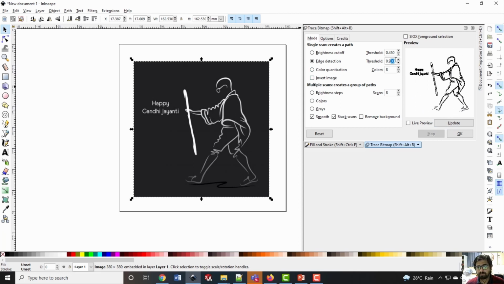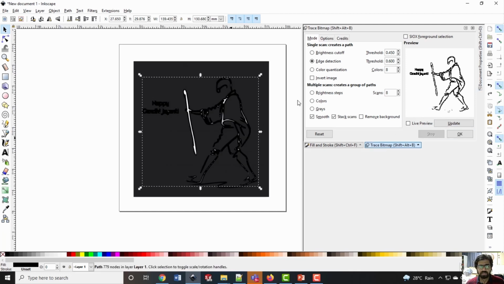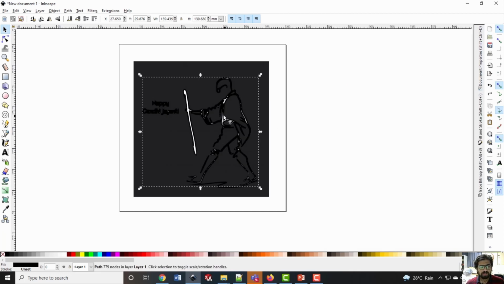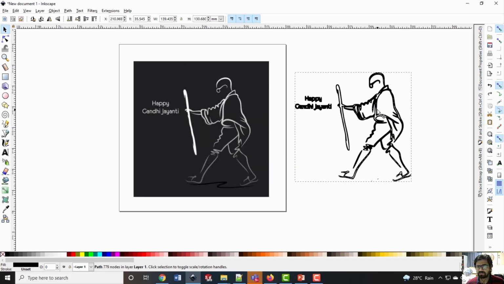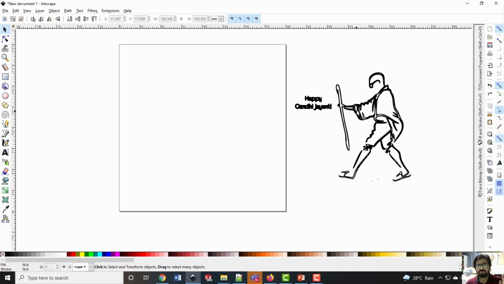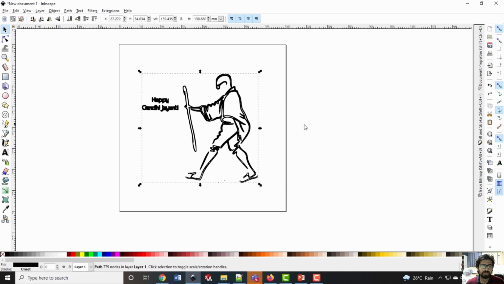Now if I keep it, for example, to 0.6 and then update it, I will have this particular image. This is of my interest. I say OK and close this window, and you can drag this stroke out from the main image like this and delete the image which was imported into Inkscape earlier.